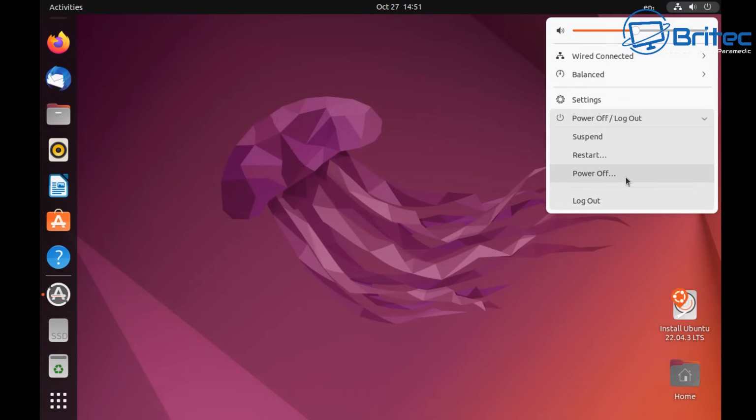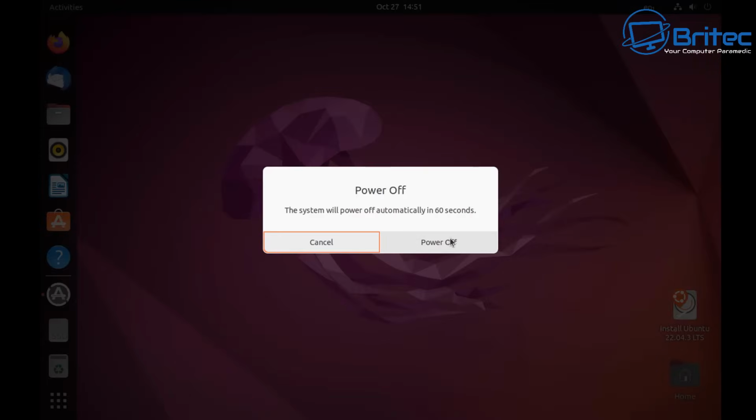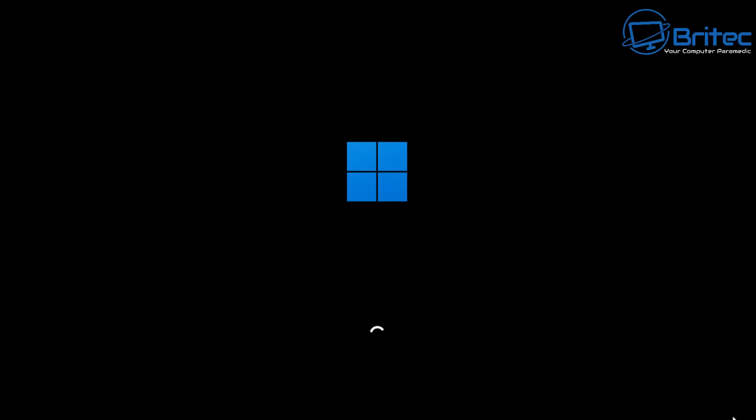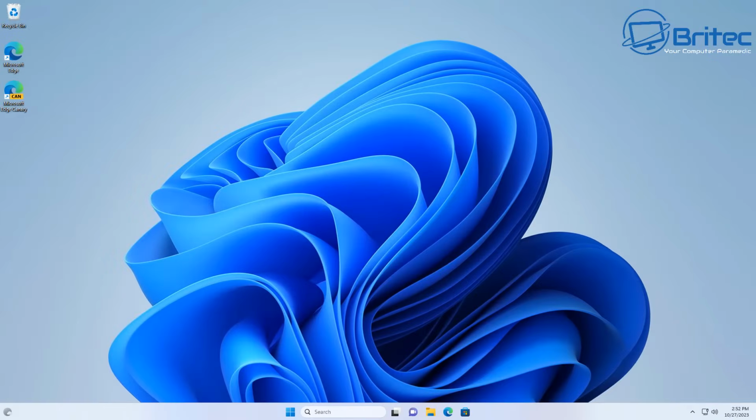So once we've done that, we can now power this off. I'm going to go ahead and do this all off camera, and then we can now close off by pushing enter here. And this will shut down and remove all of the files that it used. And now we can boot up to our operating system right here, and we should boot straight into Windows because we cleared that password. And there we go, we're back at the desktop of our system for free without paying